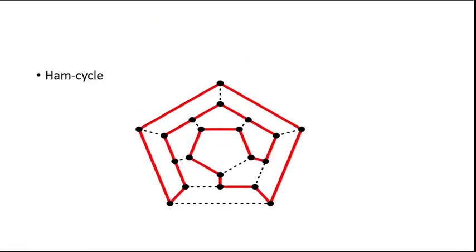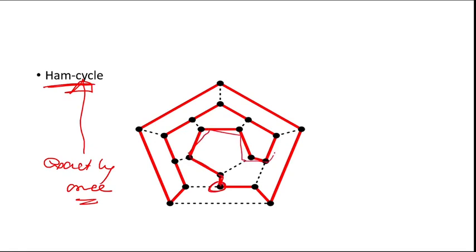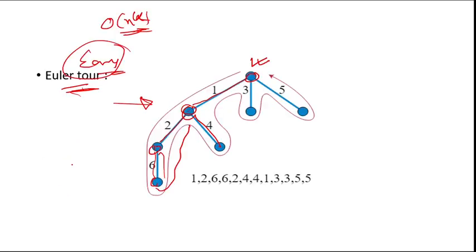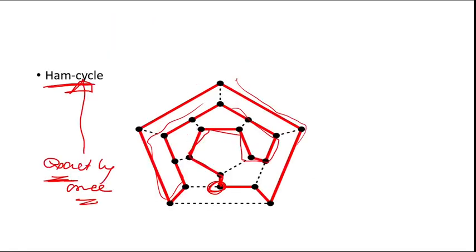But if I slightly change the definition of this touring, saying that it will start from a vertex and visit all the vertices exactly once, if I put this simple constraint, exactly once, then it becomes a Hamiltonian cycle, or in short, a Ham cycle. If you start from here, like that you are visiting, no vertex is visited twice, and finally you come back to the source vertex. Slight change: exactly once. Whereas in Euler-Tour, it is not exactly once, any number of times. So Euler-Tour is a P problem. Hamiltonian cycle is an NP complete problem. That means it is hard as well as NP.